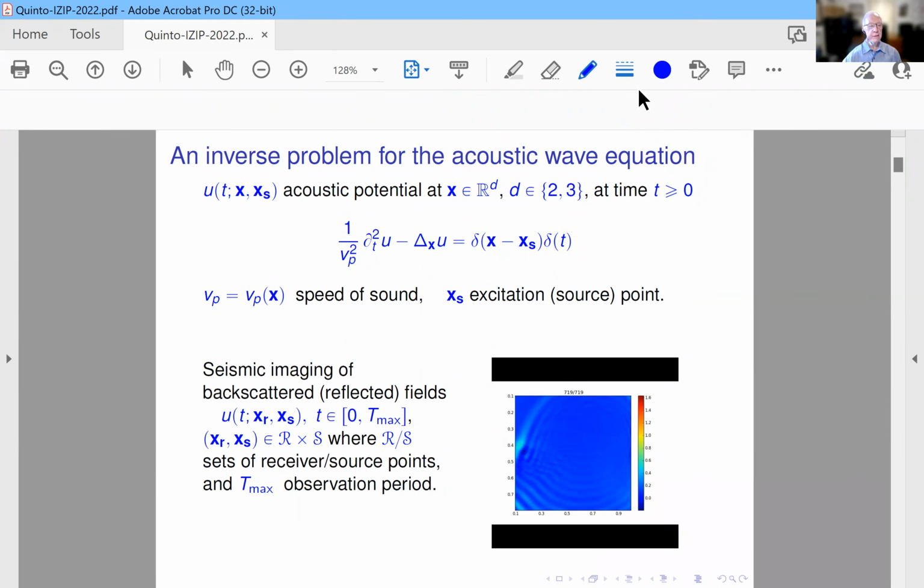And anyway, if you have a point x in R^d, where d will be 2 or 3, mostly 2, at time t greater than or equal to 0, from a source xs, which for us will be on the surface of the Earth or the water. And if Vp is the speed of sound with objects in the ocean, then we have the acoustic wave equation written here,